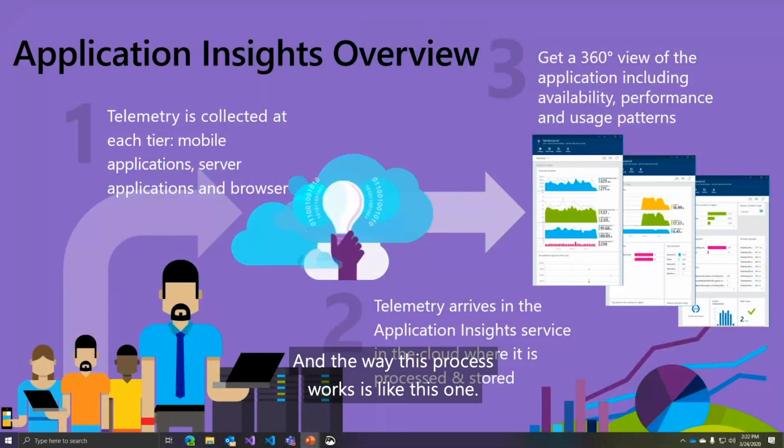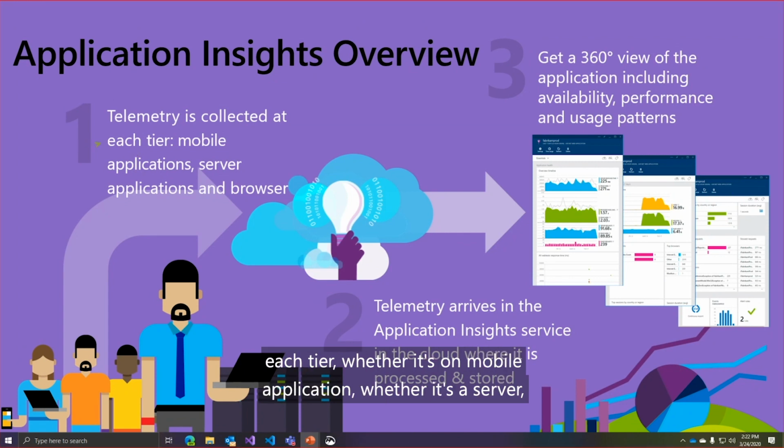And the way this process works is like this one. So the telemetry is collected from each tier, whether it's a mobile application, whether it's a server, whether it's a web application, and so on and so forth. And we allow also the collection of client data. So for example, for a web application, we can have data collected directly from within the browser. Then the telemetry is sent to the Application Insights service in Azure, where it's processed and stored and is decoupled and